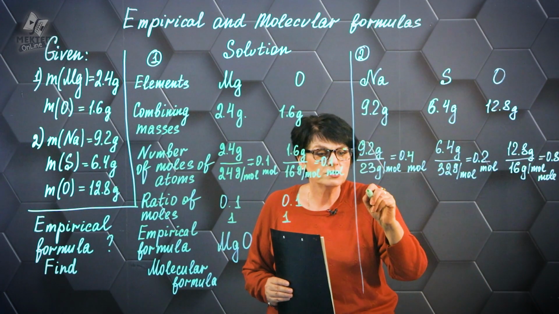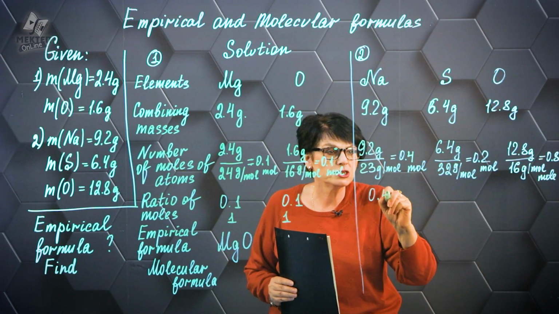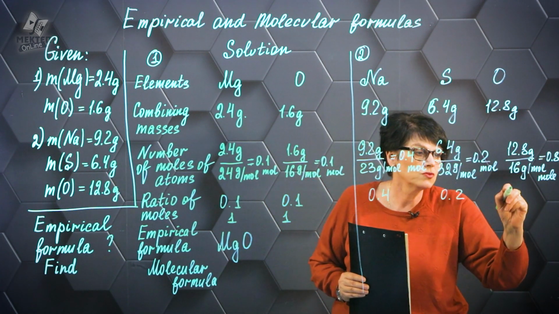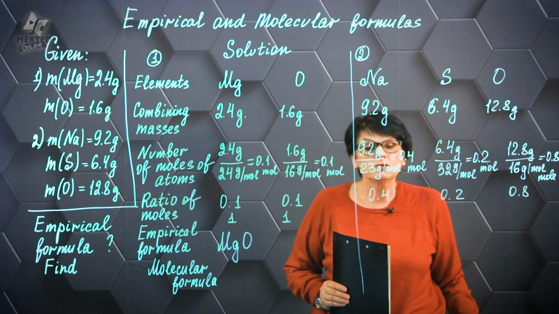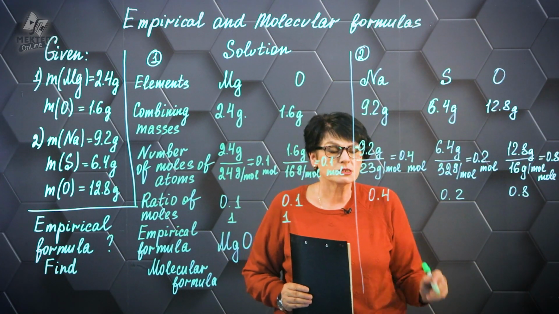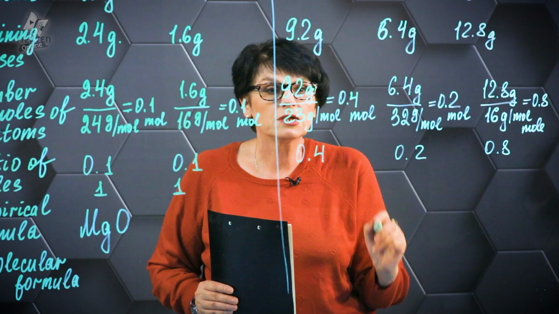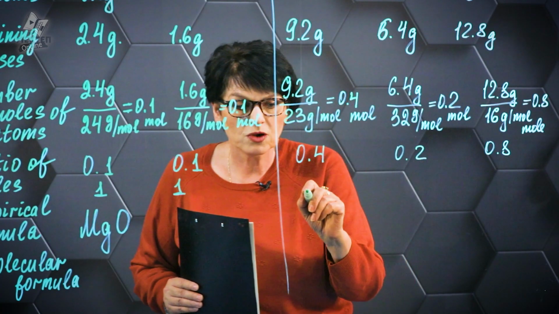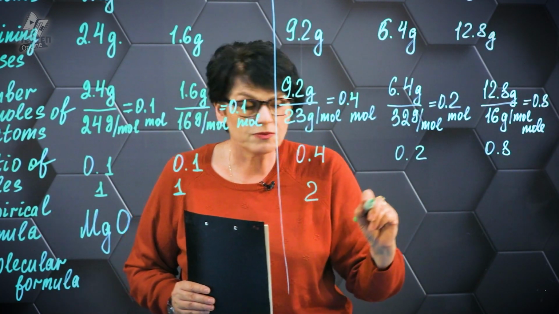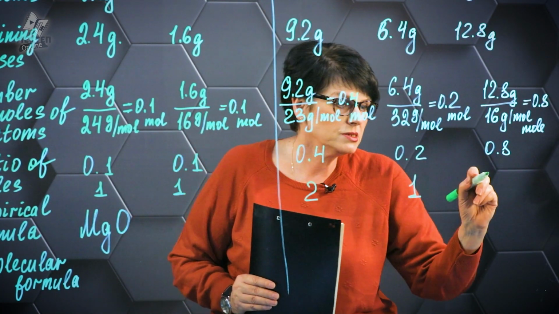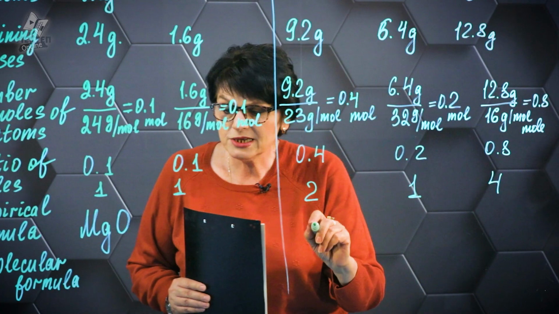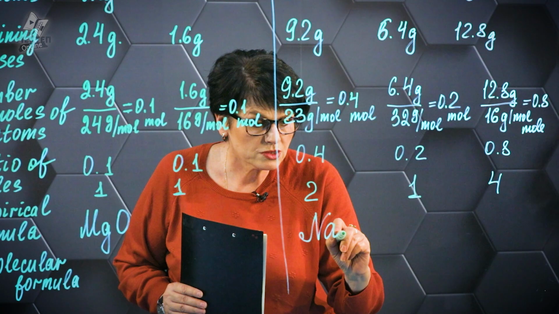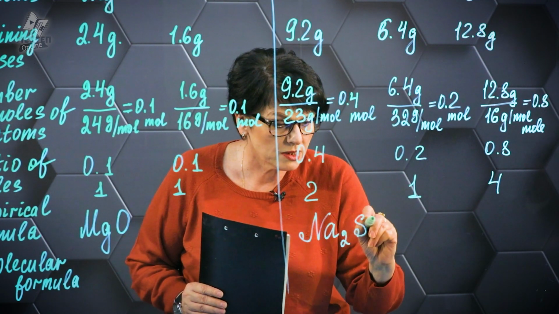All right, now let's derive our simplest formula using the mole ratio 0.4 to 0.2 to 0.8. We will choose the smallest value, which is 0.2, and divide all the numbers by it. Then we get 2, 1, and 4,